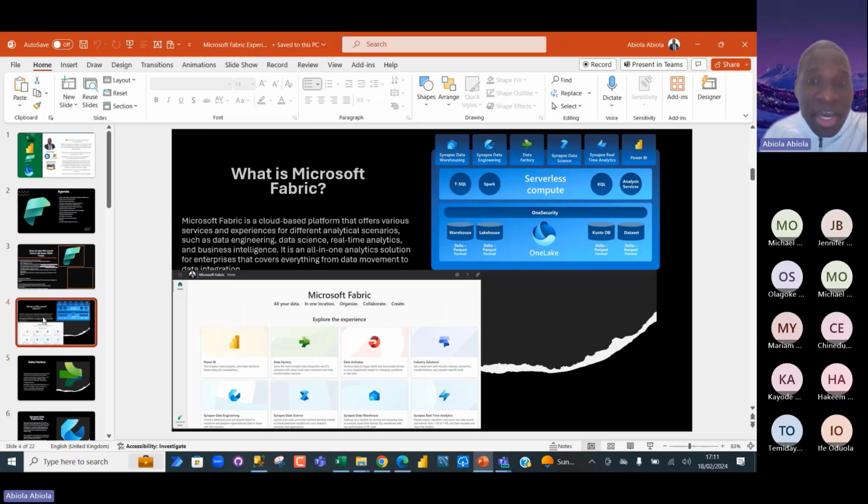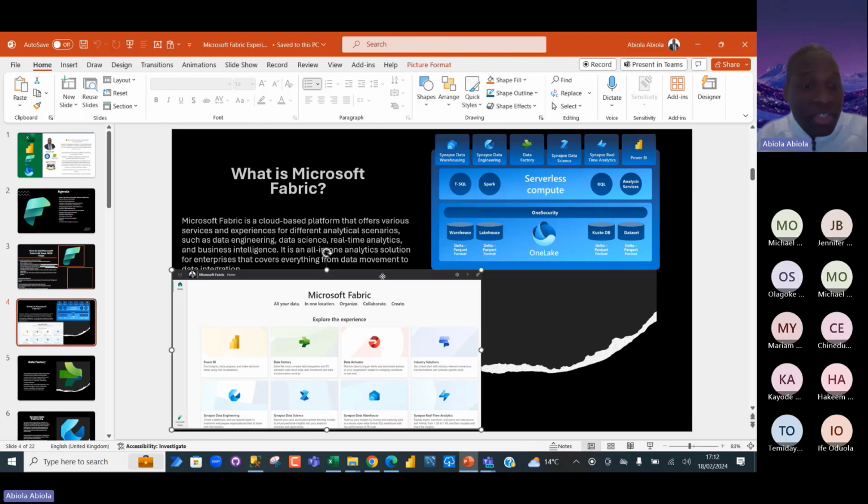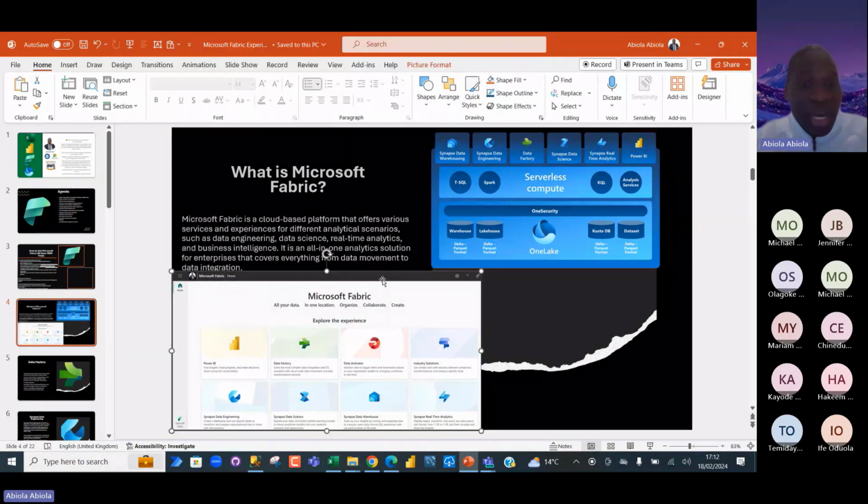For the data science guys, we have the Fabric notebook. Of course, we have MLflow and so many other things. So this is an amazing platform that you can learn a whole lot from, from data warehousing to data engineering to data factory, real-time analytics, and then Power BI. It's an all-in-one package, and it's really useful for a modern business, whether you're a small business or a large business. You can easily have access to the Fabric and then save costs and get a whole lot from this platform. I'm going to go to the next slide.